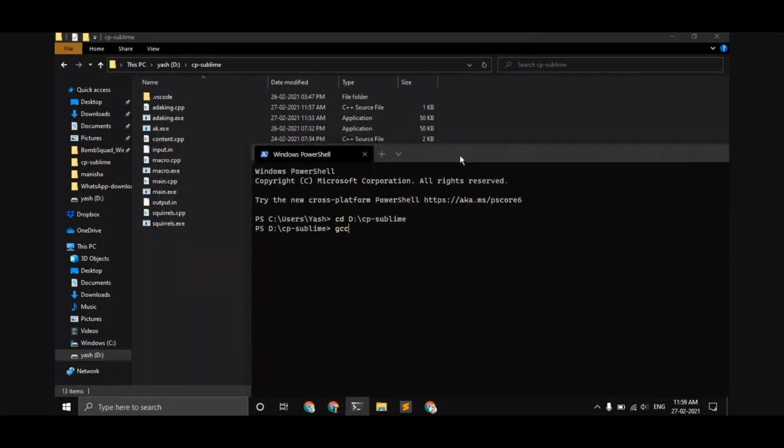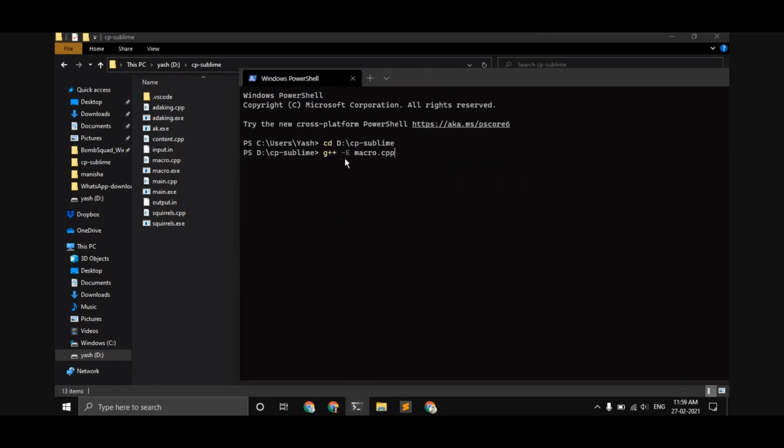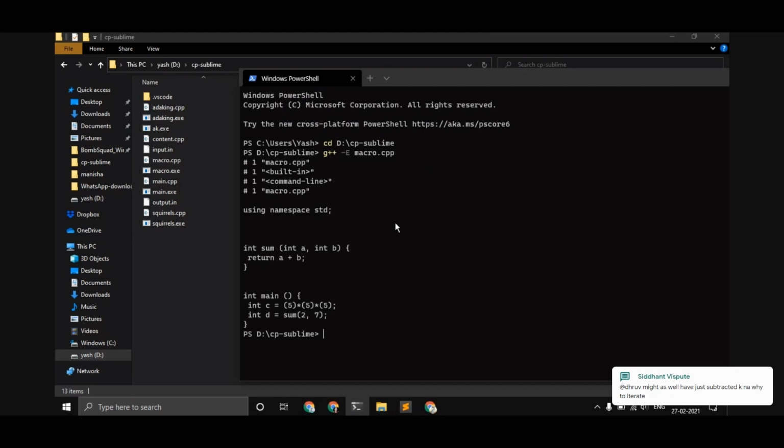When you compile a file, you can pass the -E option to the compiler, g++, with macro.cpp here. The -E option tells the compiler to stop after the pre-processing of the file. So let's do this. This will show what our file looks like after pre-processing.